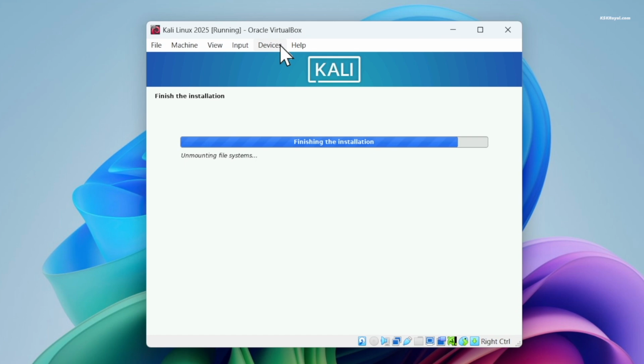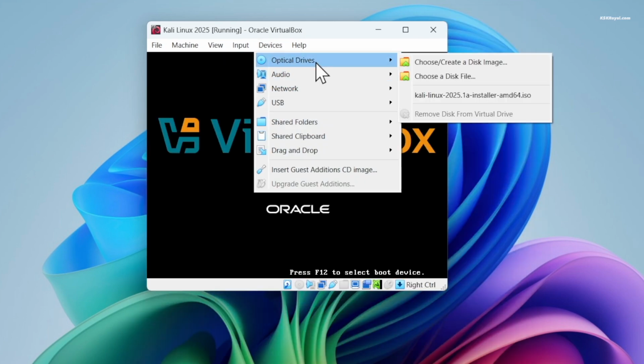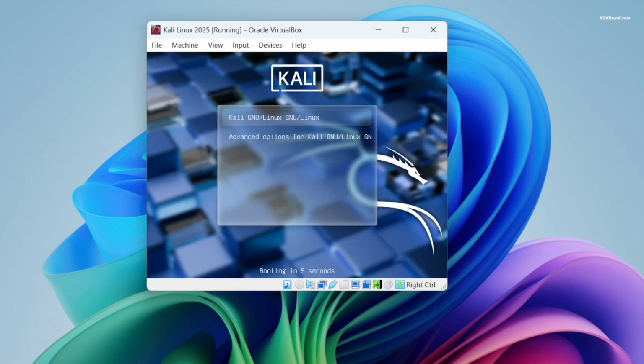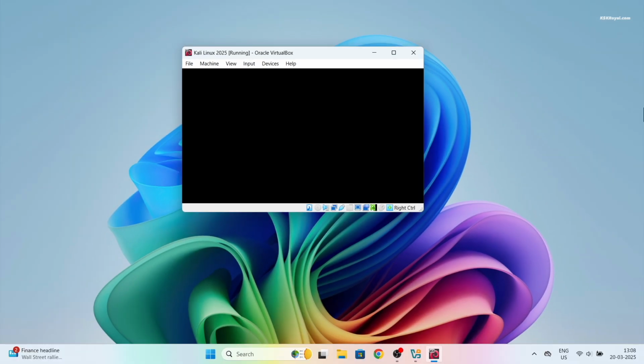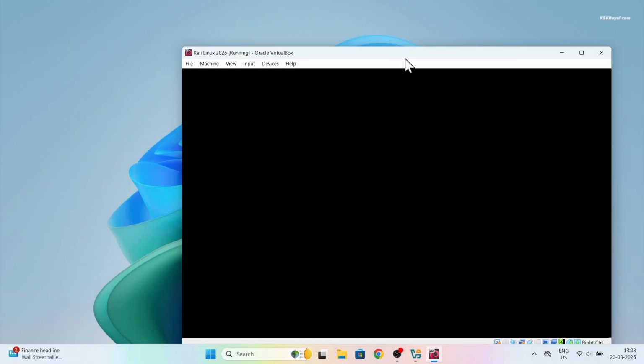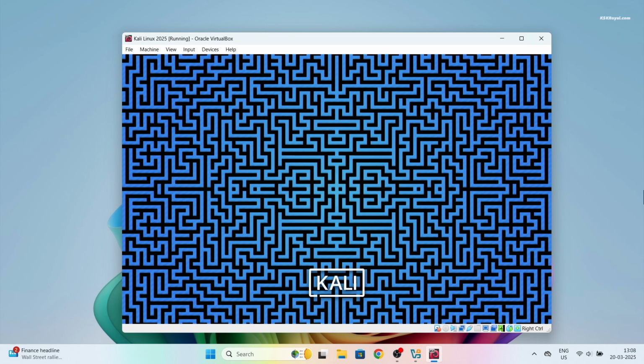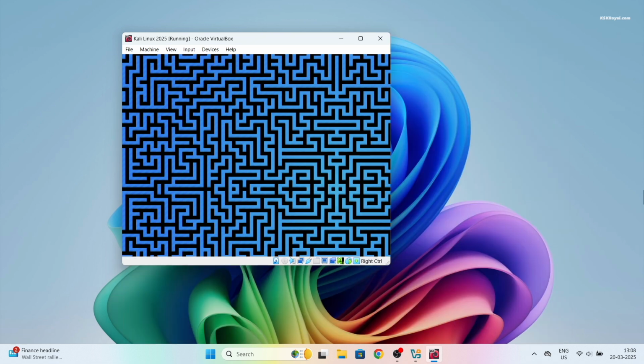VirtualBox will automatically remove the installation media. And voila, now you will see the login screen. Enter your username and password to log in.